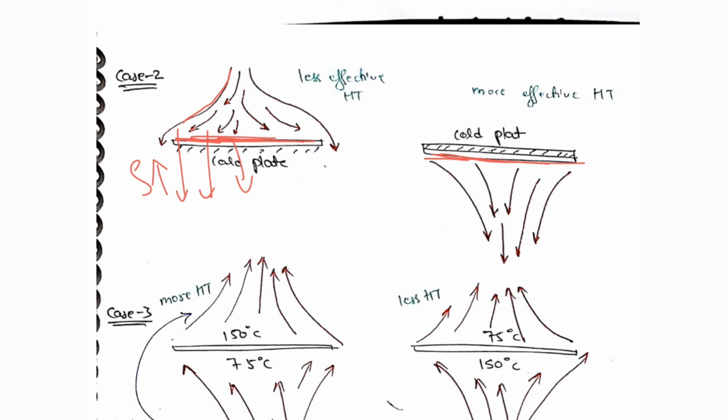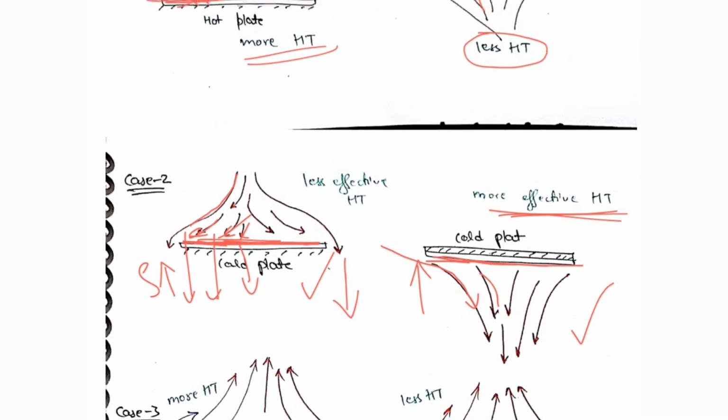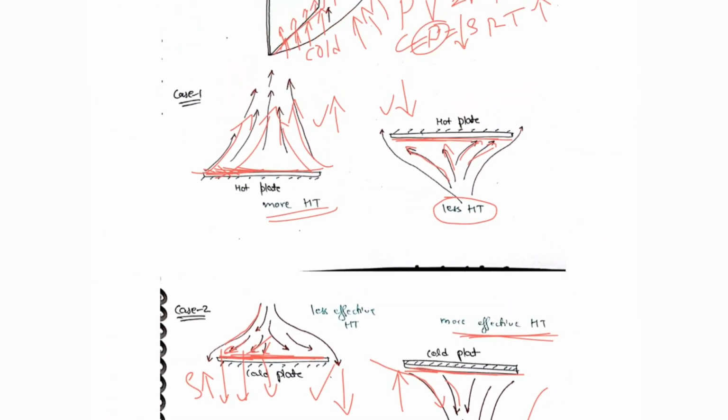Since there is obstruction here to the flow of fluid, the amount of heat transfer in this case is less than the amount of heat transfer in the other case. Here the fluid will just come, touch and flow away. There is no obstruction to the motion of fluid. They just go without any obstruction, therefore it is more effective. Therefore the heat transfer is more in this case. In all these cases, that is case 1 and case 2, one surface has a certain temperature and the other surface is insulated. This is some ideal case.